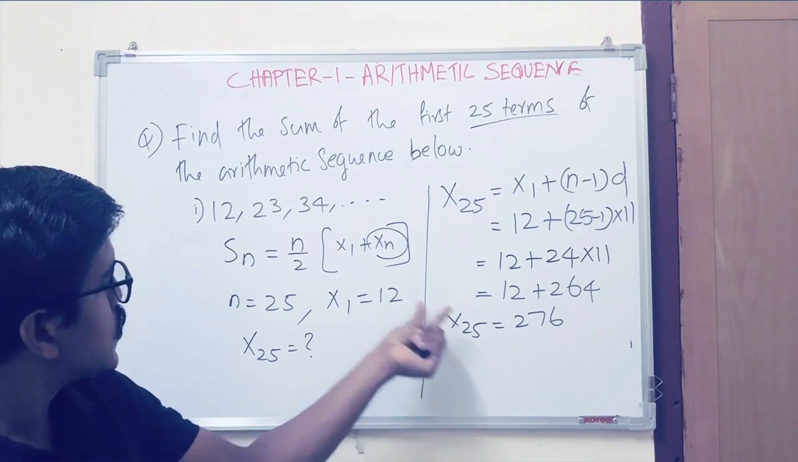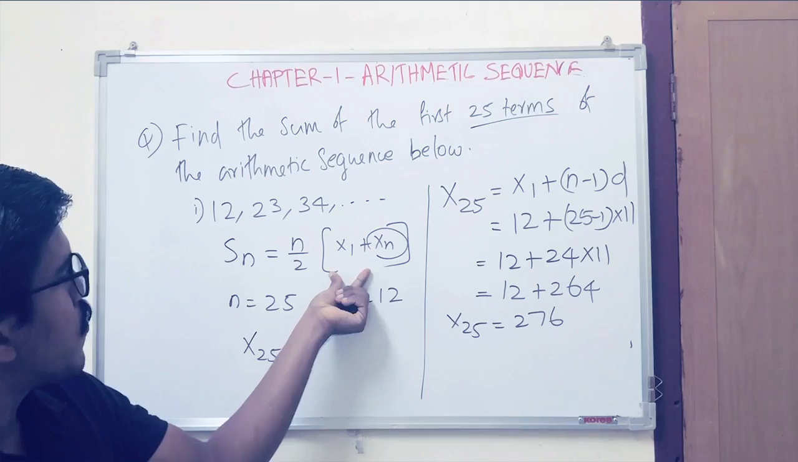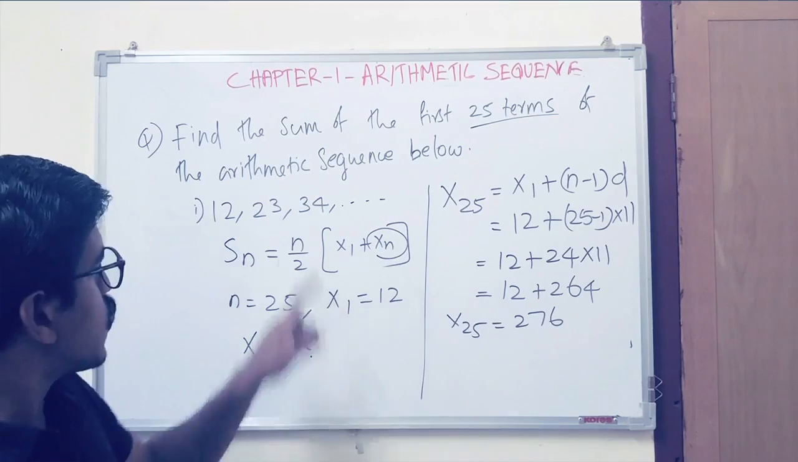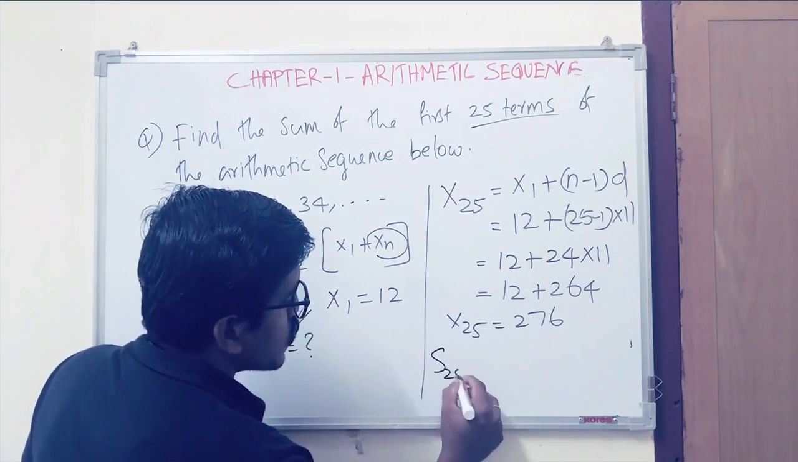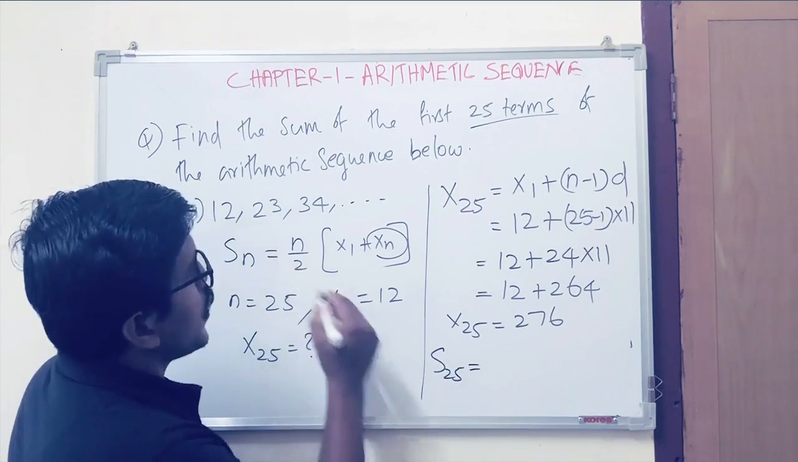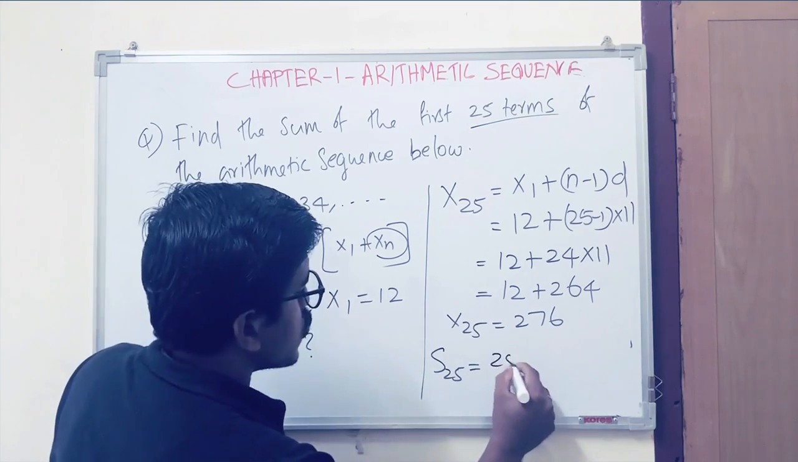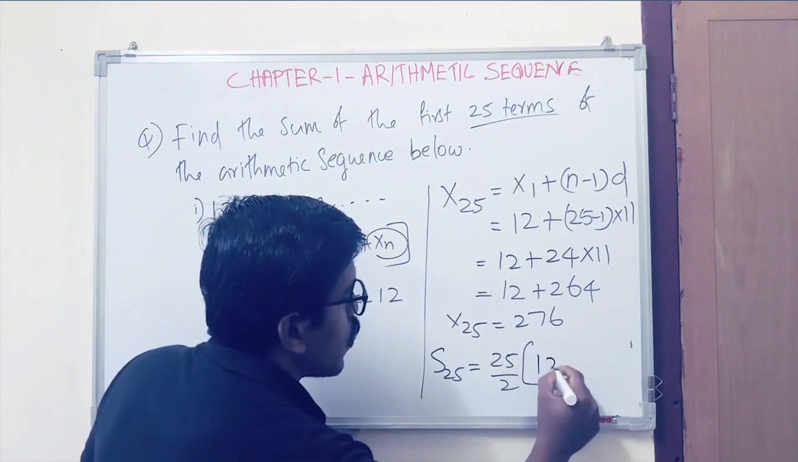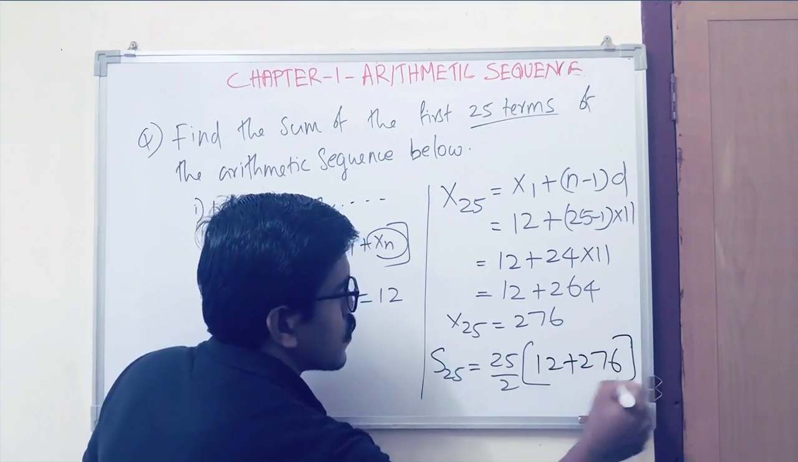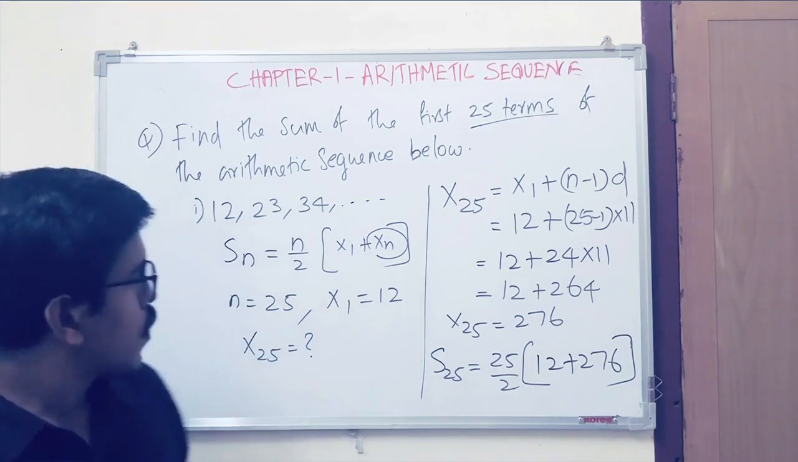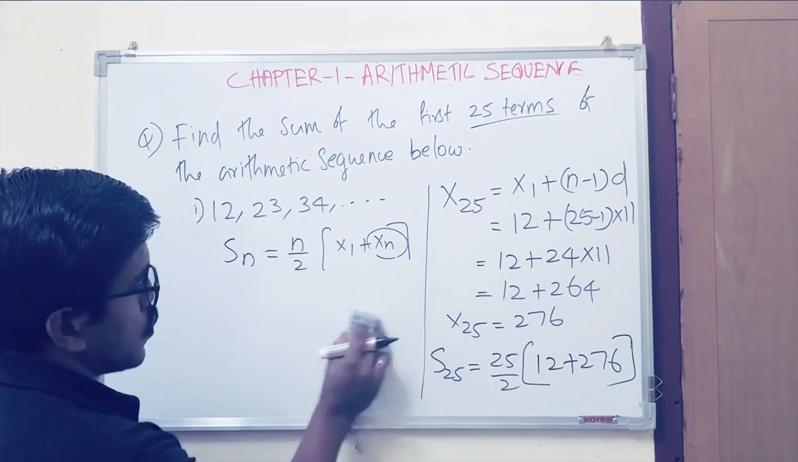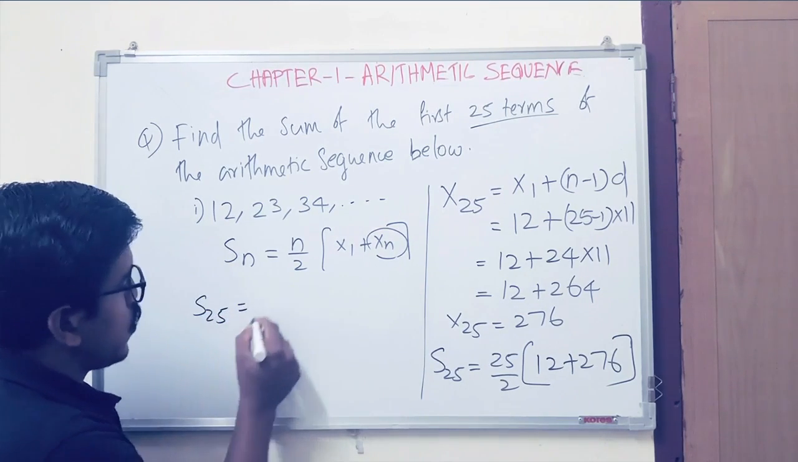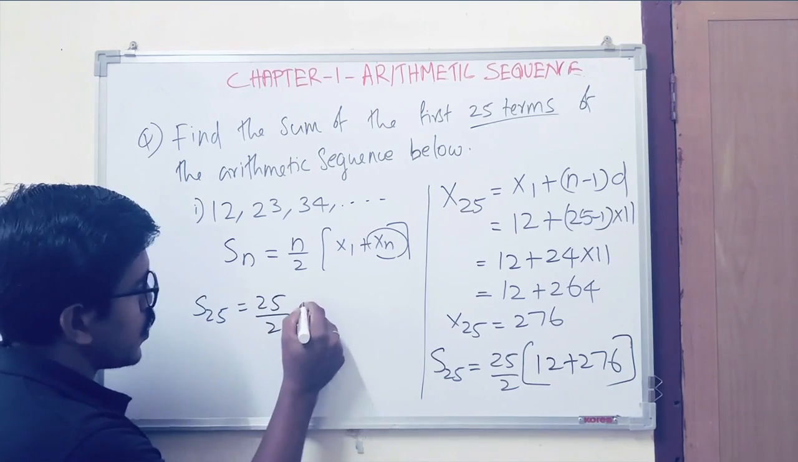Now we can put the details in this equation. We can find the sum of the first 25 terms of this arithmetic sequence. That is s25 is equal to n, here 25, by 2 into x1, which is 12, plus 276. So here s25 is equal to 25 by 2 into